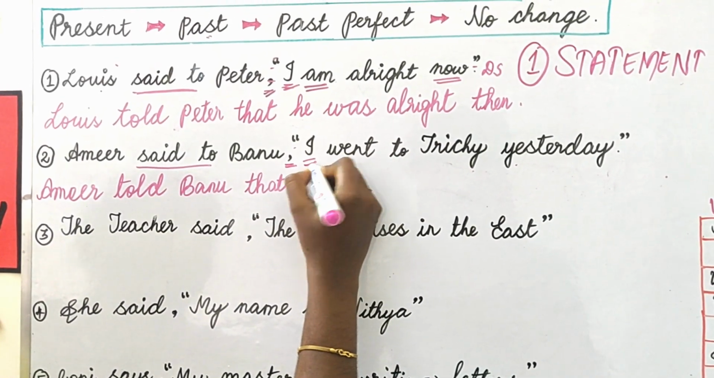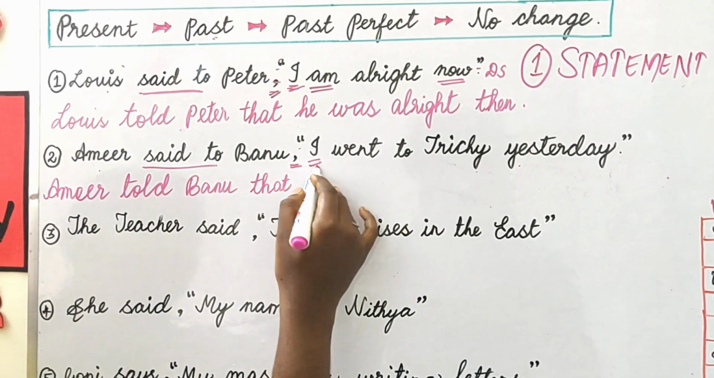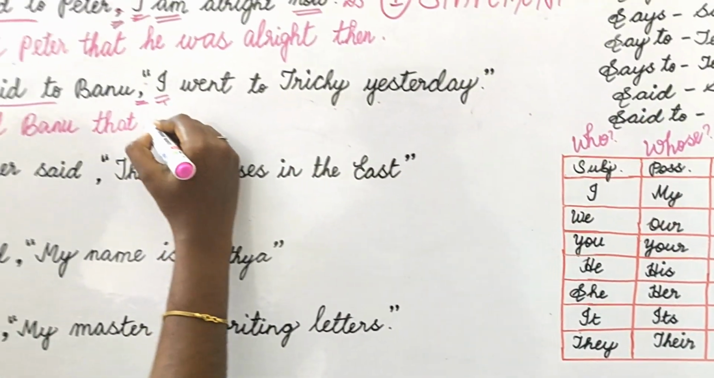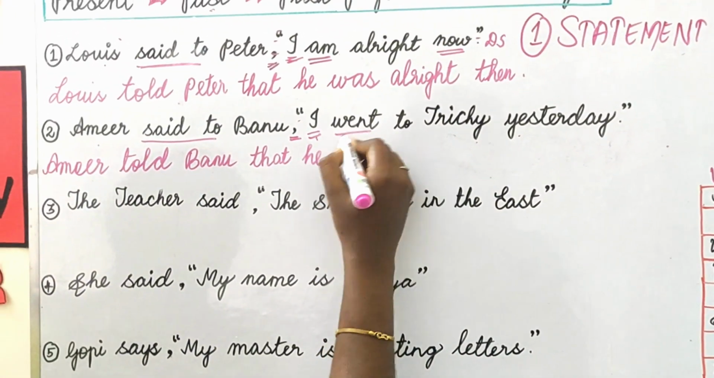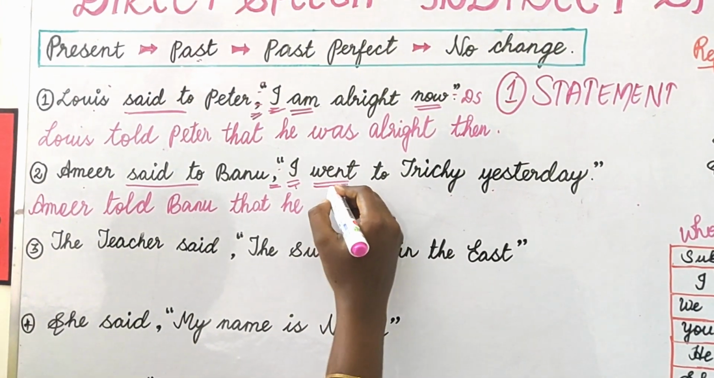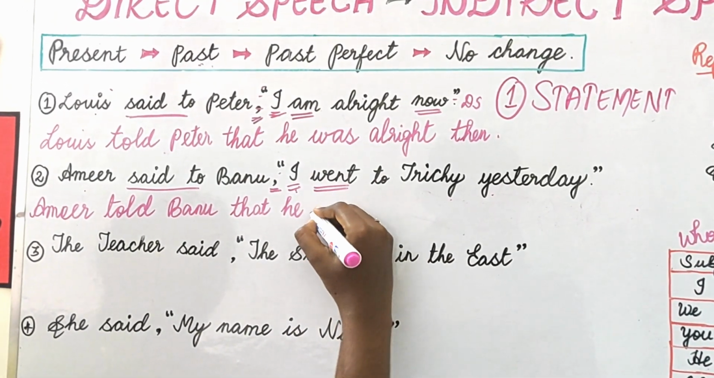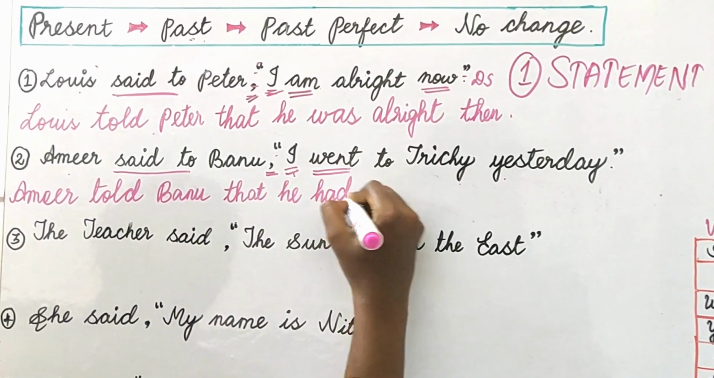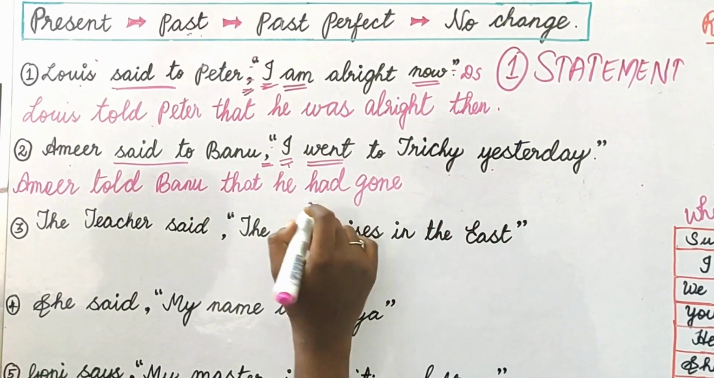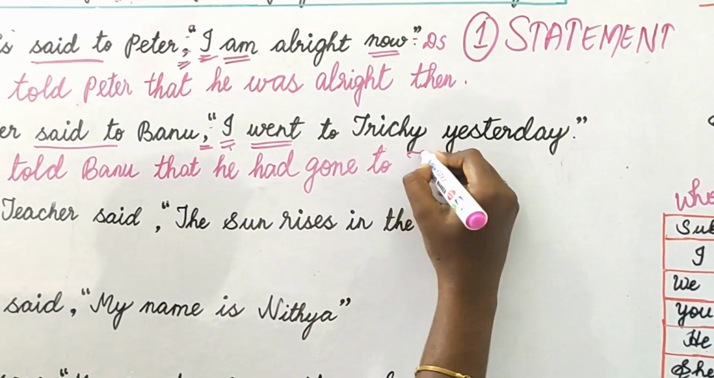Then "I" is the subject. It refers to Amir, isn't it? It's in the subjective place. Masculine gender. What is that? He. Okay. That he. What's the tense followed here? "Went." "Went" is in the past tense. So past tense will be changed to past perfect. Okay. That he had gone. What's the past perfect of "went"? Go, went, gone. Had plus V3. So that he had gone to Trichy